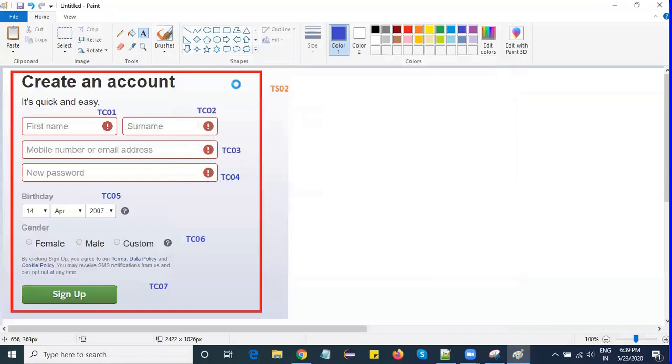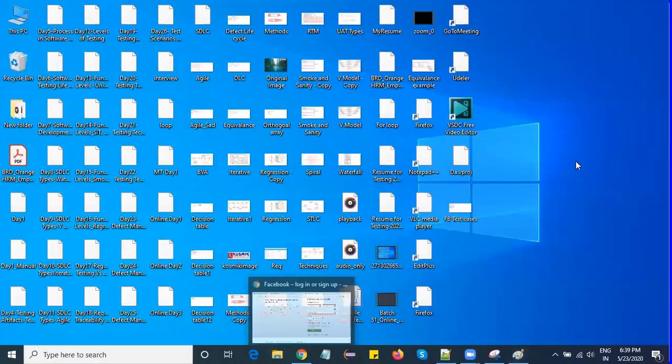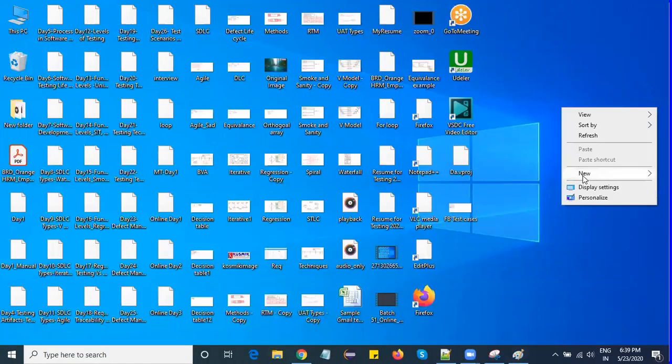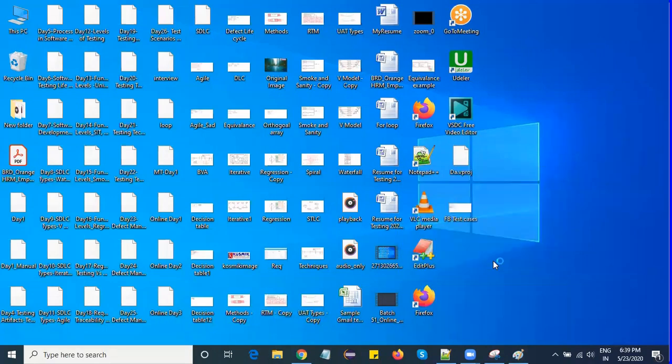So now, on seeing this, I will write test cases. Now we'll start writing the test cases here. I will write test cases in an Excel sheet, but in real time we won't use Excel sheets. In real time we'll use tools like ALM or QC or Jira, Rally, TFS; we have a number of real-time management tools to write test cases. For easy understanding, I am writing in an Excel sheet. So test cases for the Facebook page.